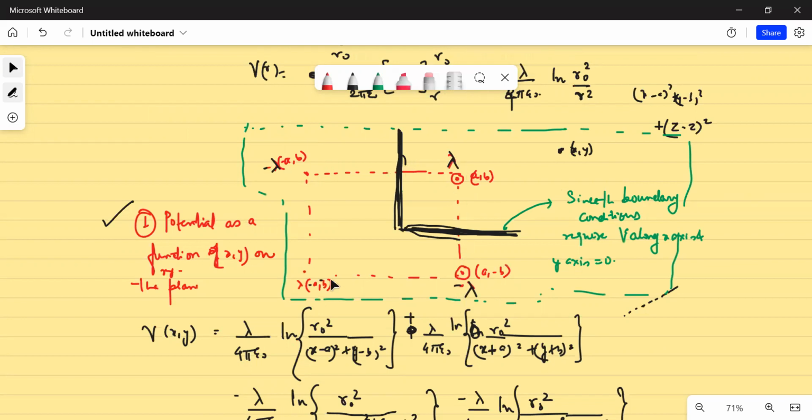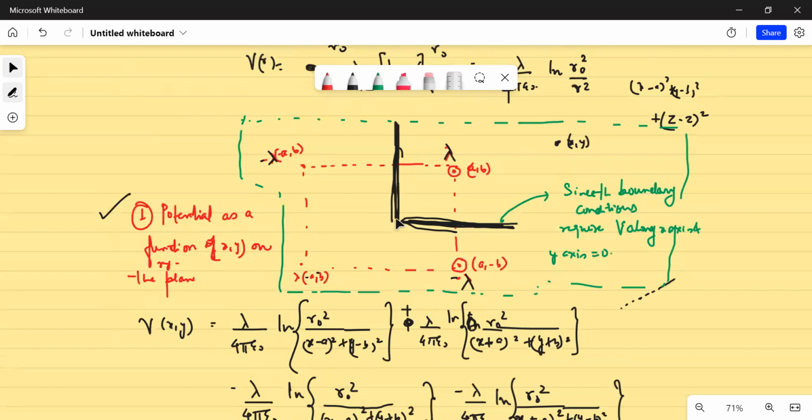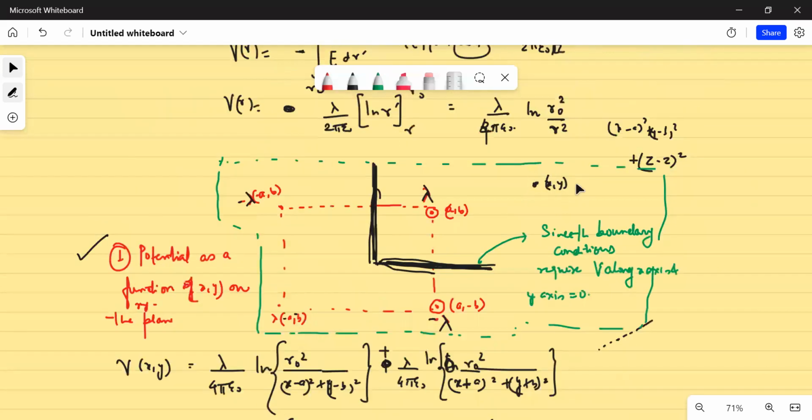Now, in totality, if I do not place a lambda here, my boundary conditions won't be satisfied. Also, you can see because of this lambda, there would be some potential at the origin. So you need some charge density here to negate that. So one of the possibilities is that you can place a lambda here. And this is what we have verified later on, that I developed a potential as a function of x, y